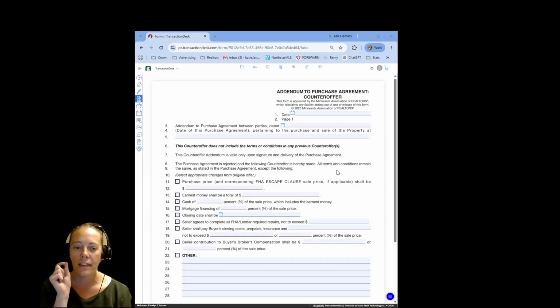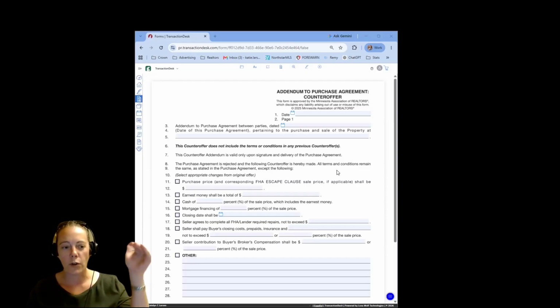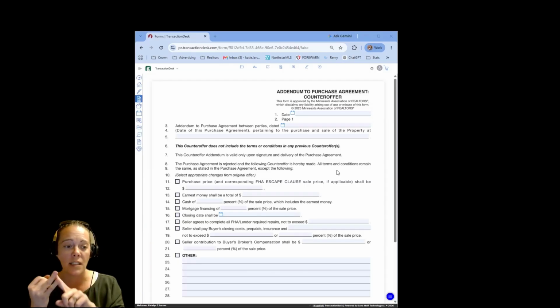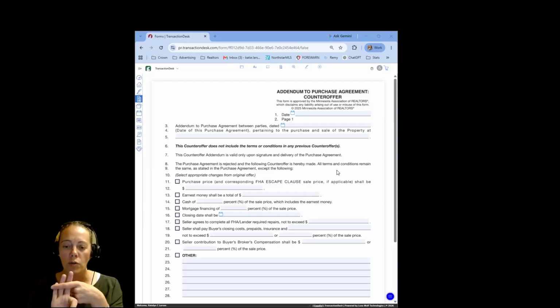Okay. Counteroffers do not stack on each other. So if you change a whole bunch of stuff on one counteroffer, but you're only changing one more thing, say the seller comes back and says he wants a different purchase price, different earnest money, different closing date. Okay. And your buyer is fine with more earnest money, different closing date, but they're not fine with the purchase price. Then when you go to write your counteroffer that's going to go to the sellers, that your